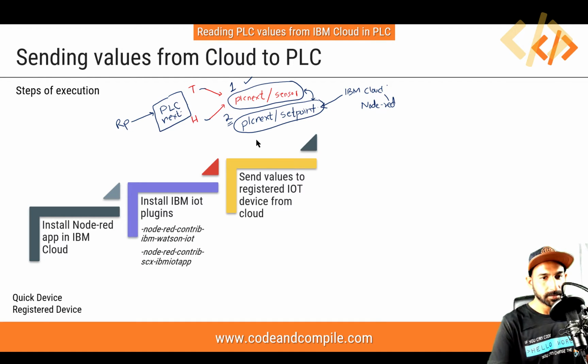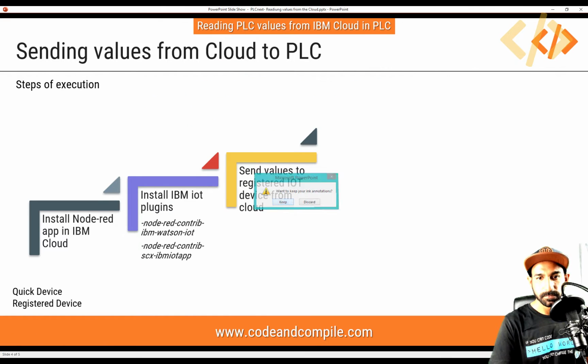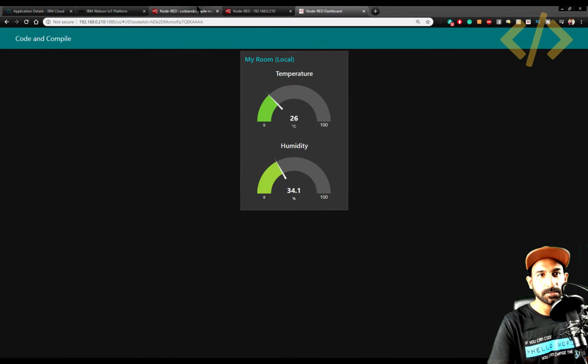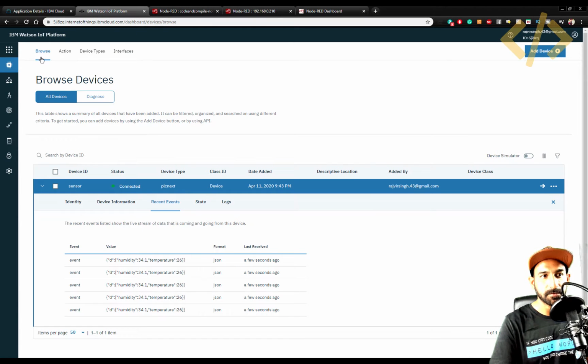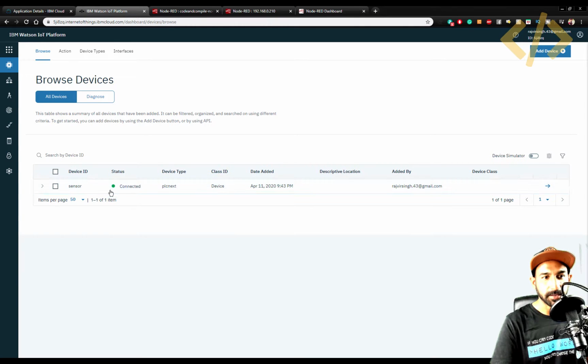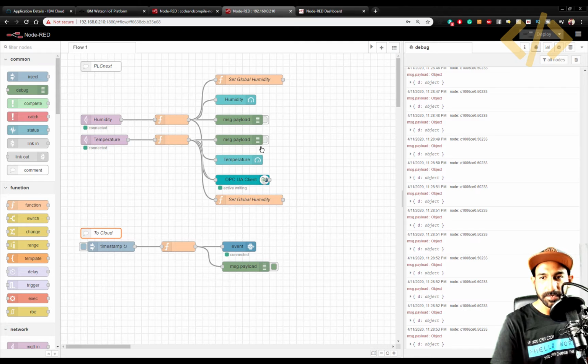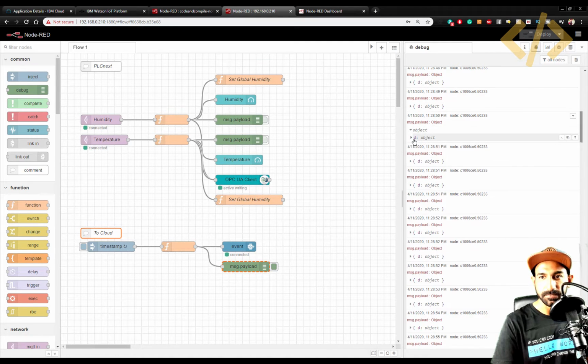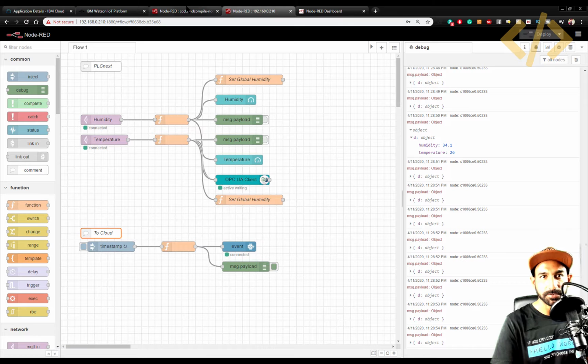Okay, so let's go back to our IoT device. If you remember, this was the platform for our devices. And if you see, we already have a device sensor, which is getting the value of humidity and temperature in this JSON format, which we have seen already.